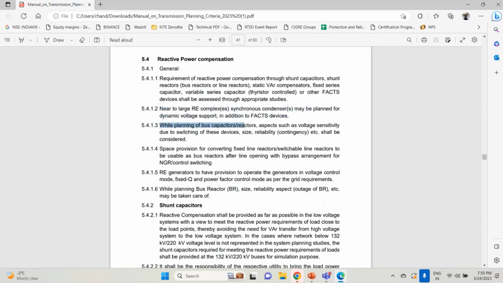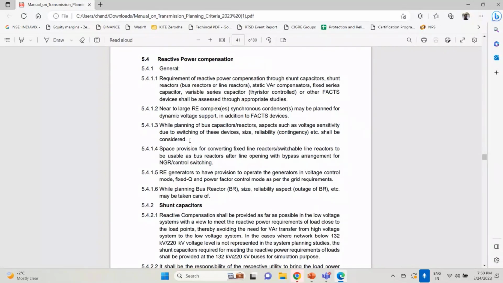While planning bus capacitors and reactors, aspects such as voltage sensitivity due to the switching of these devices shall be considered. Let us say you are planning a reactor of 120 MVAR and the fault level of that substation is very low. If you switch on or switch off this 120 MVAR, it is going to result in a very large reactive power change and voltage drop. Certainly this sensitivity is not good because it will create a lot of issues for the operation guys, right? So you have to plan the switching or the sizes such that you don't see a large change